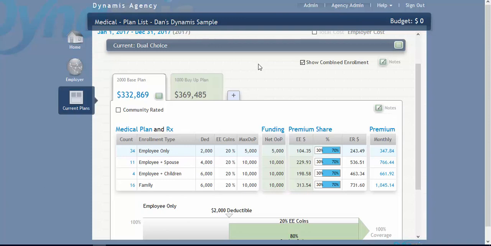So again, it's a very powerful tool. We'll be using it throughout the sample employer. And it's a tool that we want to get used to, because we're going to want to introduce employers to this other way to look at plan designs when we have more than one offered in a plan group. Show Combined Enrollment. I'm going to uncheck it, get my plan group cost, and we're ready to finish entering our current